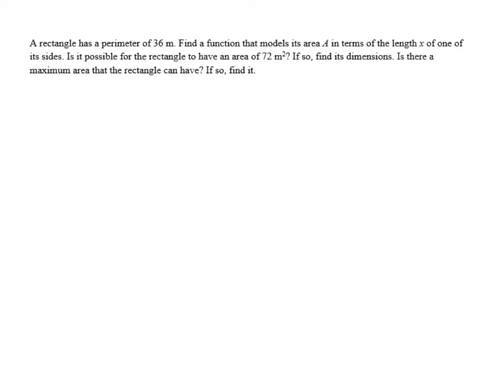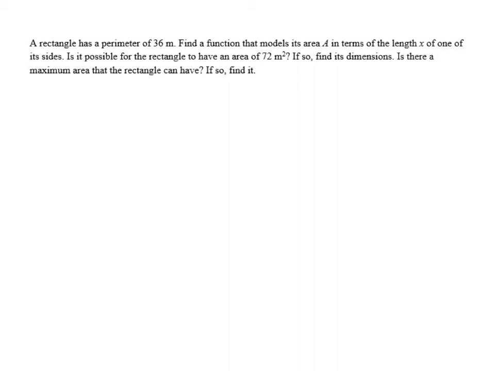A rectangle has a perimeter of 36 meters. Find a function that models its area A in terms of the length x of one of its sides. Is it possible for the rectangle to have an area of 72 meters squared? If so, find its dimensions. Is there a maximum area that the rectangle can have? If so, find it. So we want to write a function that models the area in terms of the length